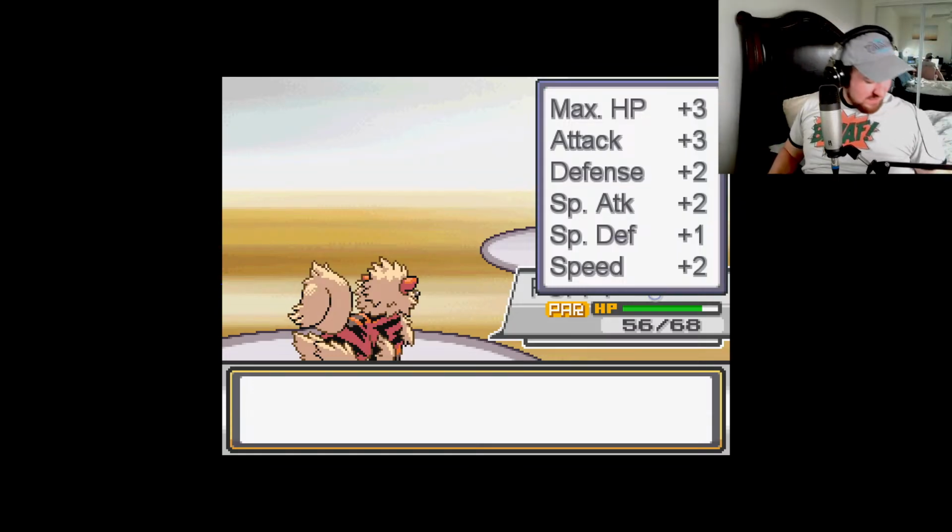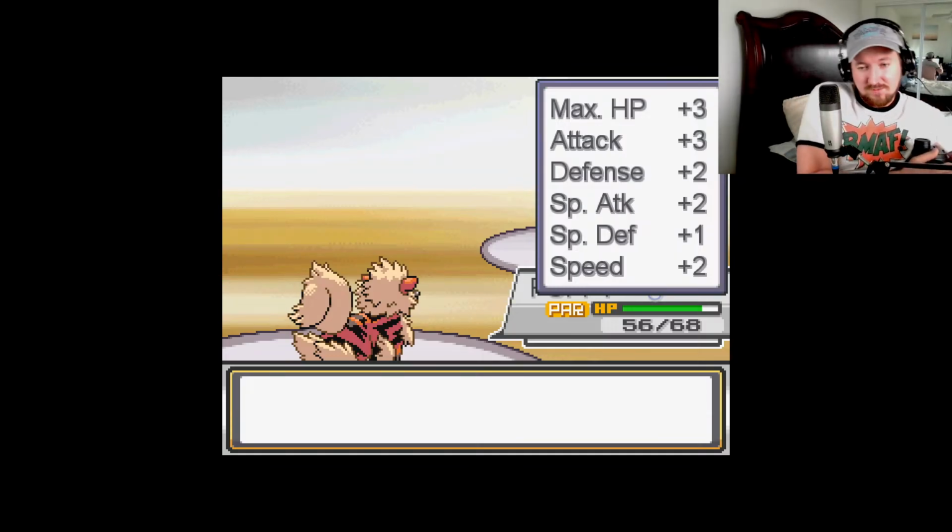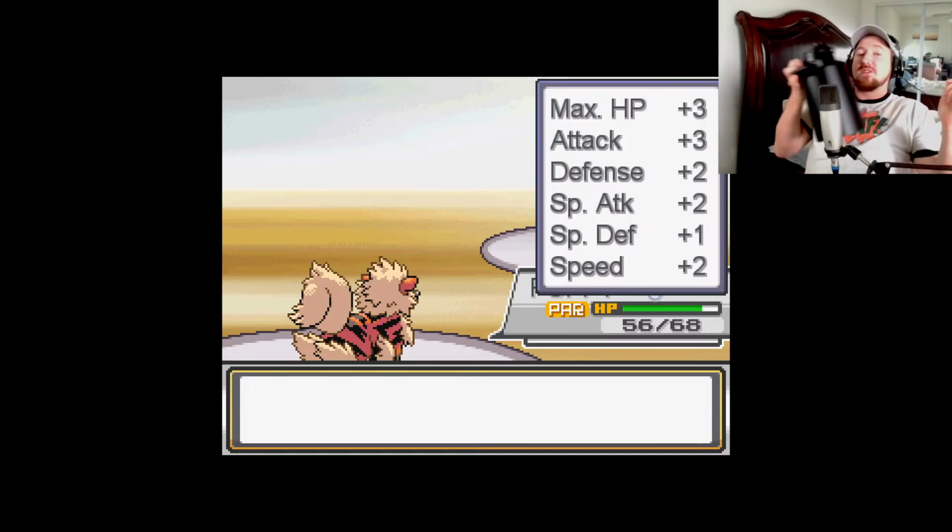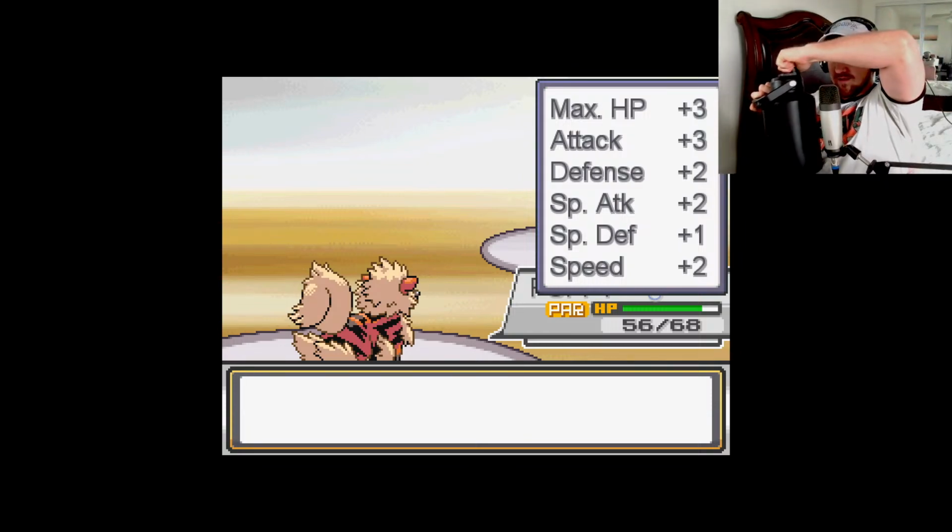I'm taking a drink of water. You guys can see my jug. This is the opposite of the orb. This is the jug. The biggest jug.